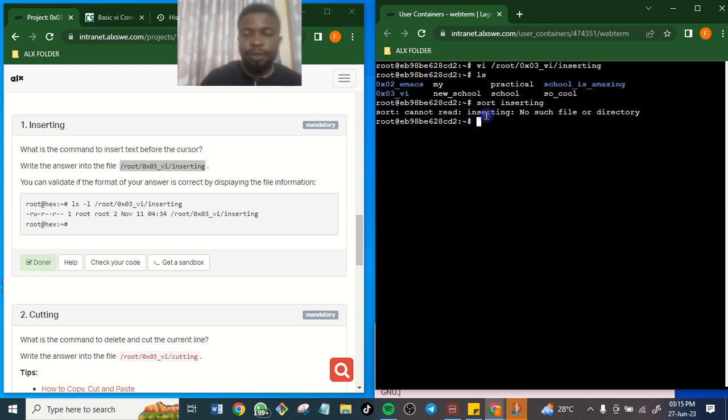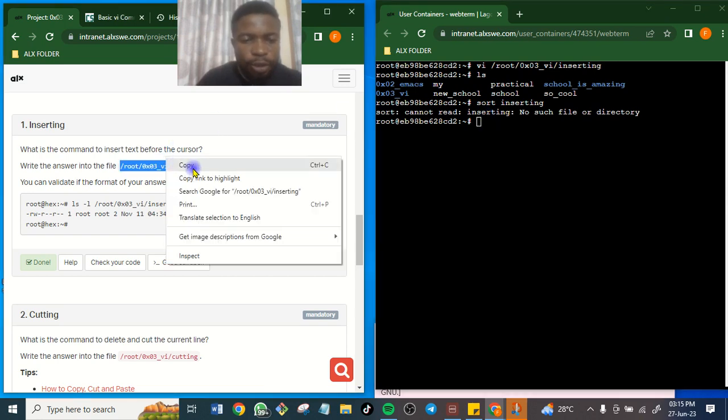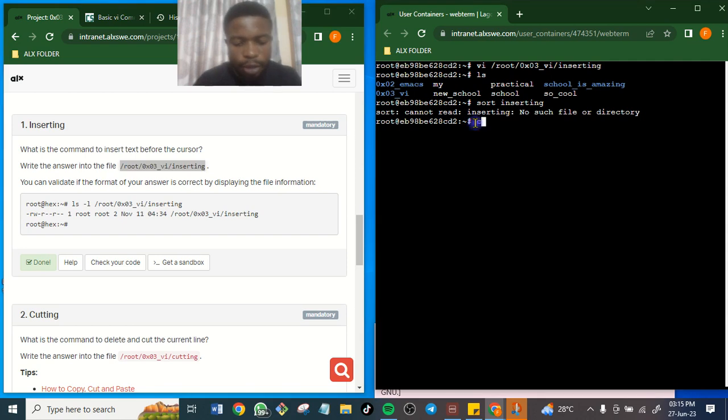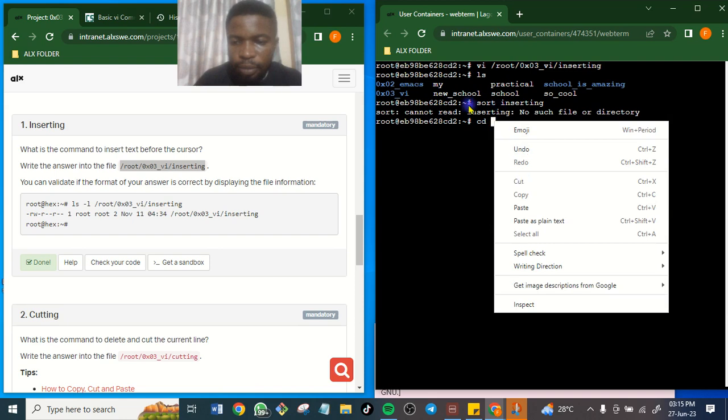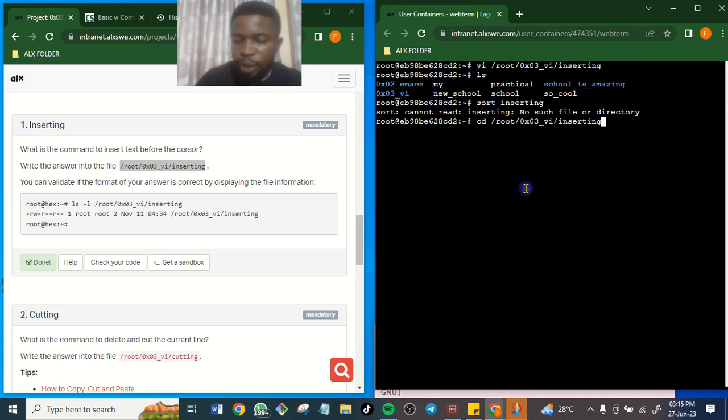Okay, sorry. That's the type of error. Let's cd into this so that we'll see what is inside. Let's just leave all that. We've already seen it. It's already in the VI text editor. So